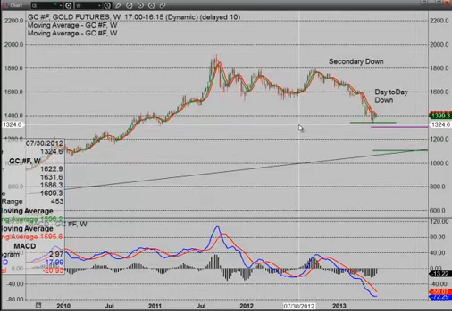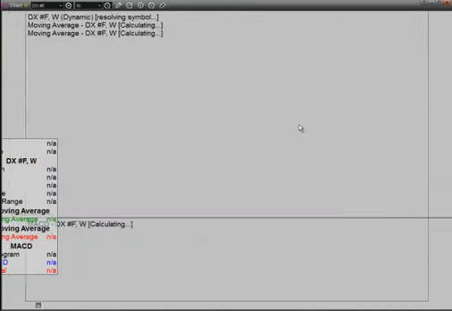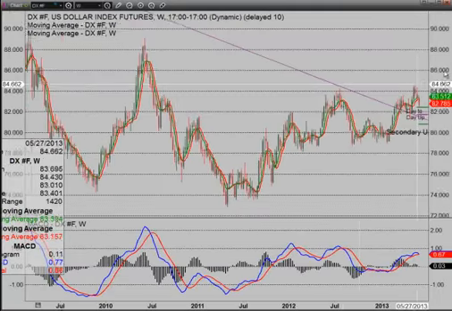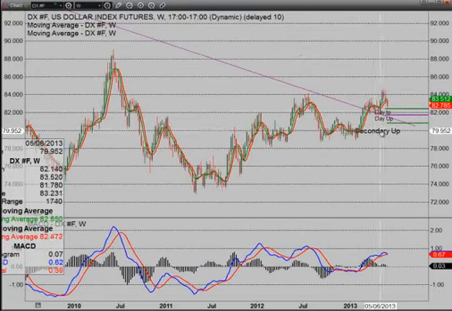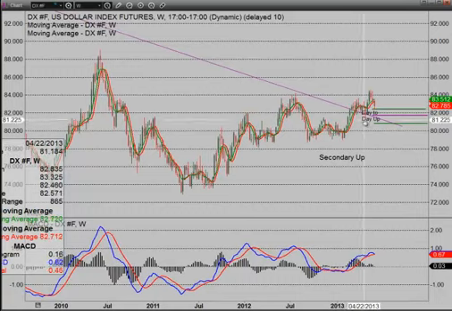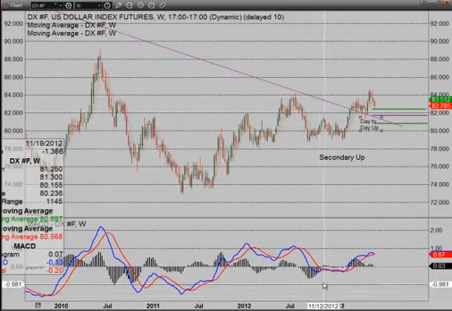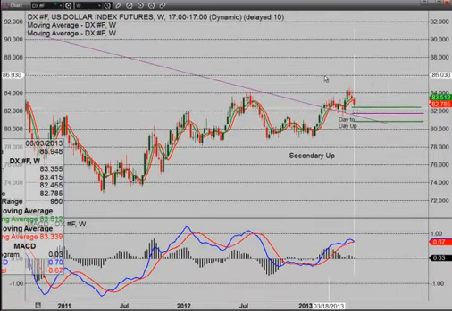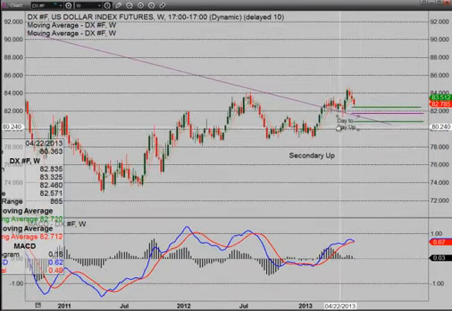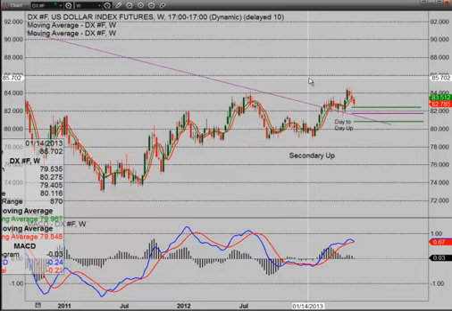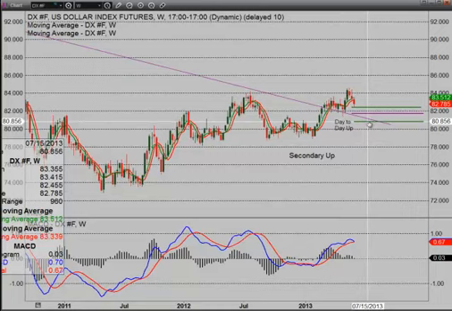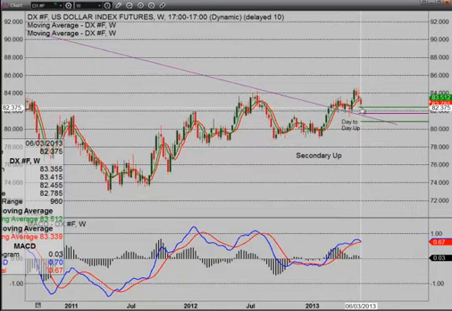Last market we're going to cover would be the dollar index. I'm a dollar bull. However, you can see the way we're situated, the secondary is up, the day-to-day is up. However, here's another one where if you rebalance this market, you could see a sell-off down towards that 81 handle. And from my perspective, as a bull, I'm going to steel myself for a possible correction down to that 81 level. Doesn't mean it has to happen. Technically, you're on an RTT level right there.